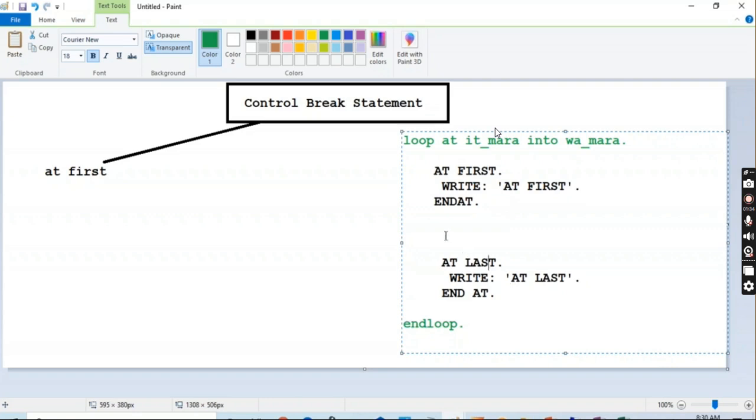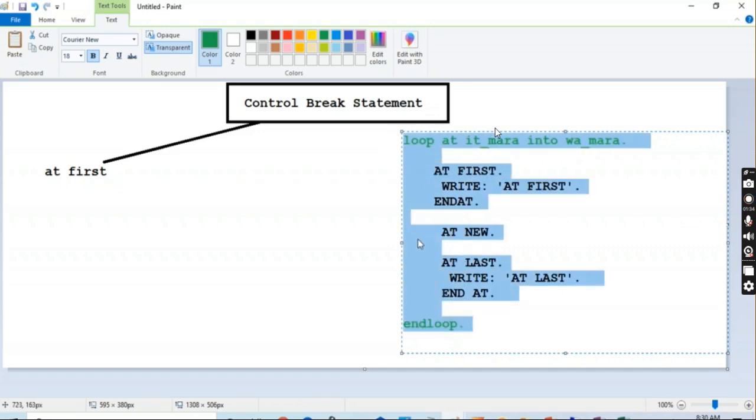Okay, now one very popular and very tricky, that is at new. Okay, and the other we have is on change of. Okay, at new and on change of. So at new we will understand. This will take some effort to understand this at new. It is a little tricky. I will copy all this, and